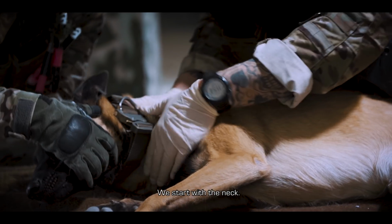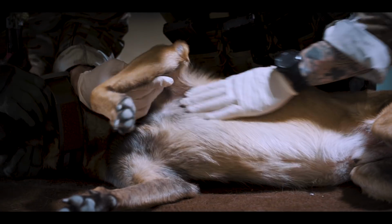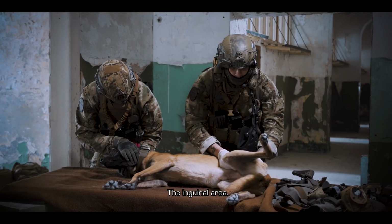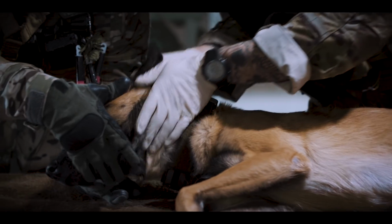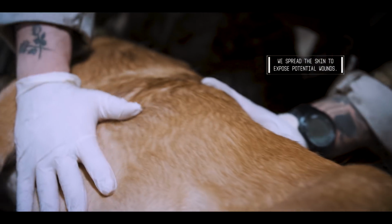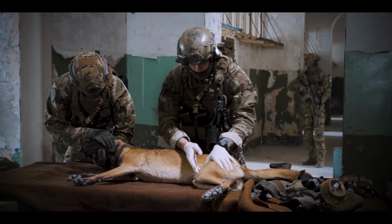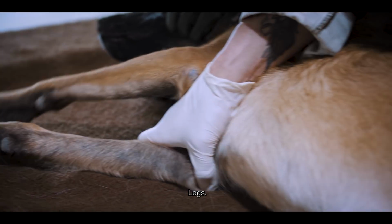We start with the neck, axillary pockets, inguinal area. We continue to the head, torso, tail, legs,